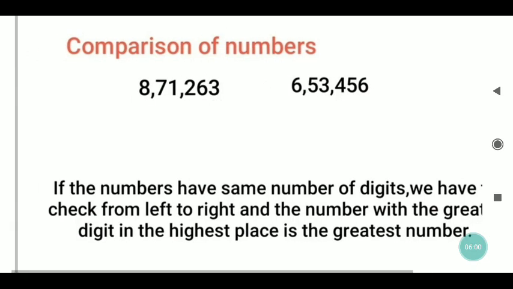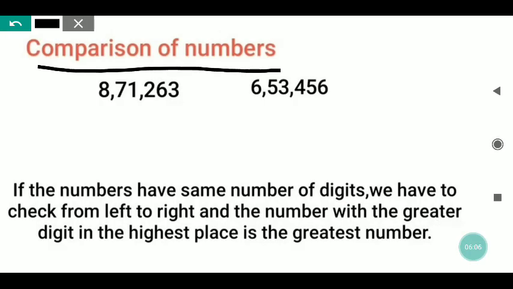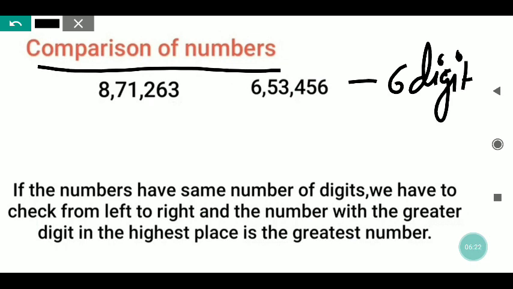Suppose, my dear, comparison of number, it is written: compare 1, 2, 3, 4, 5, 6 and 1, 2, 3, 4, 5, 6. Both sides have a 6-digit number. You can also compare, both are 6-digit numbers. Okay, I am writing here also. So now you can see what we have to do. We have to compare. So how will we compare? Just go through the lines which are written downside.